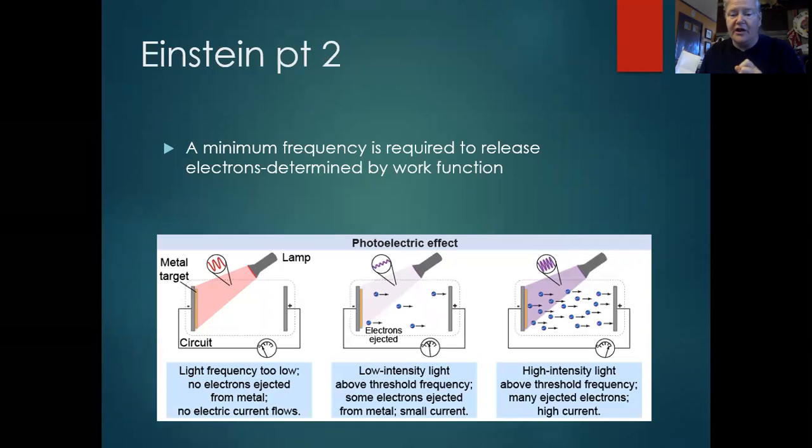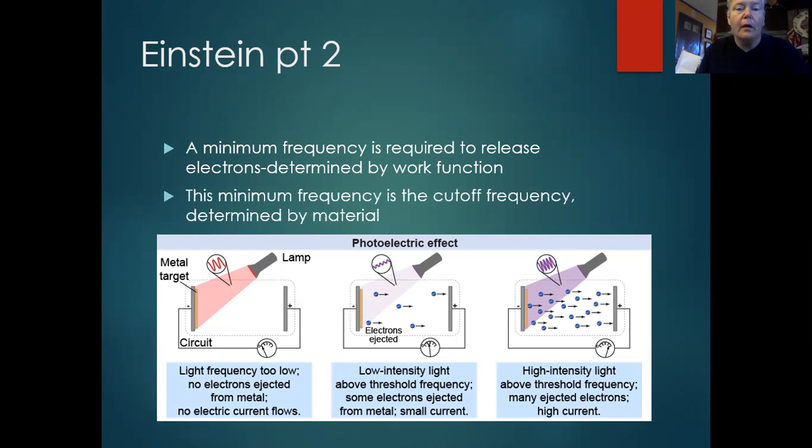So this little cartoon kind of shows that, all right? If the light frequency is too low, there's no current flow. You turn it up to the right threshold frequency, you see some electrons. If you want more electrons, you need a brighter light, okay? So notice those purple squiggles in the second and third picture have the same number of squiggles. It's just one's taller than the other, indicating a higher intensity. Okay, so this is unique to the material. It's something you have to look up when you are using these materials.